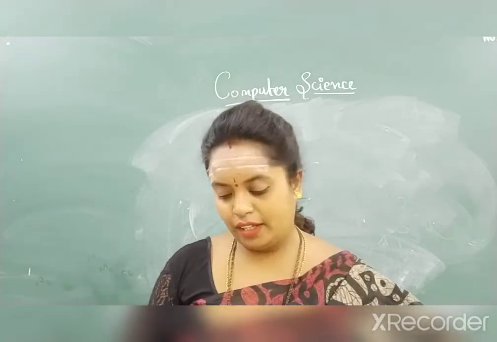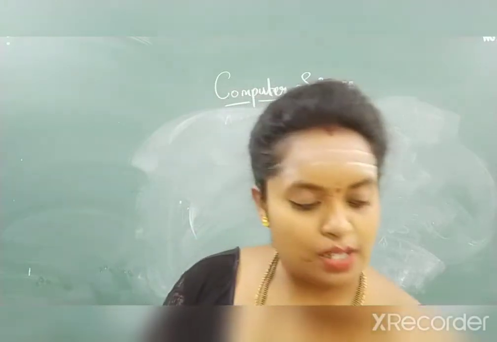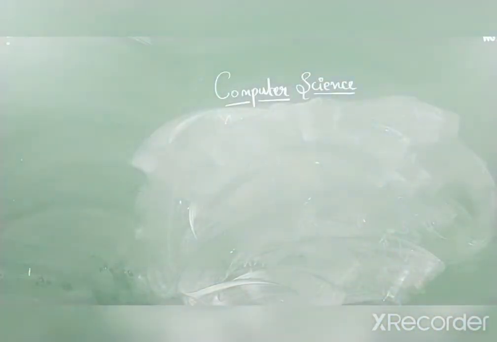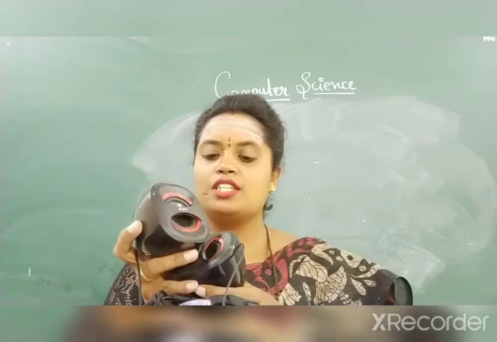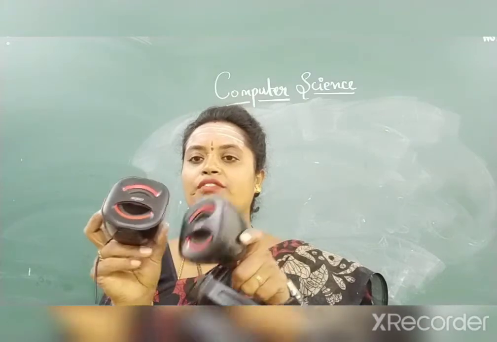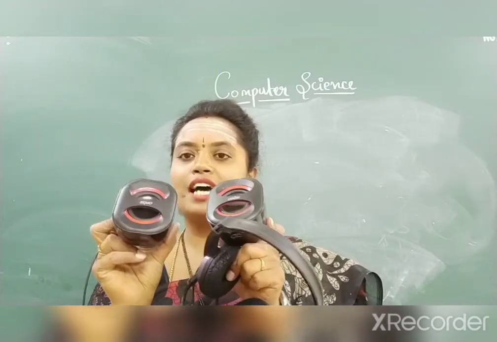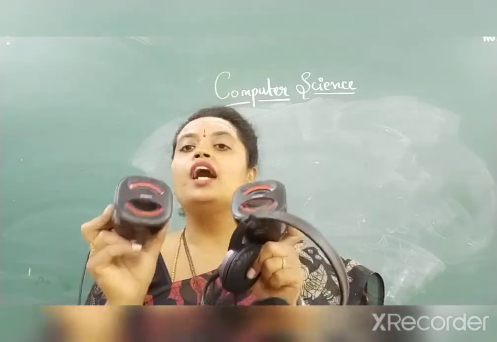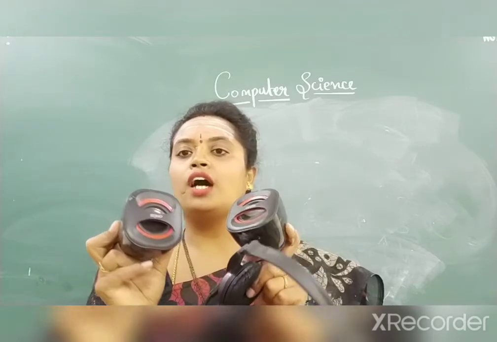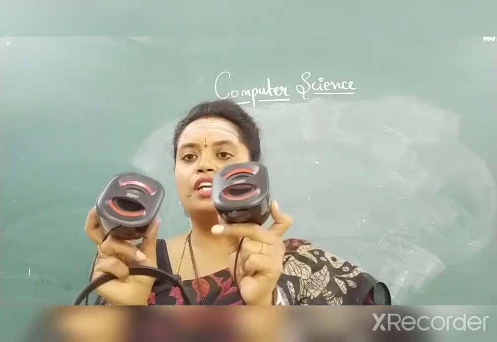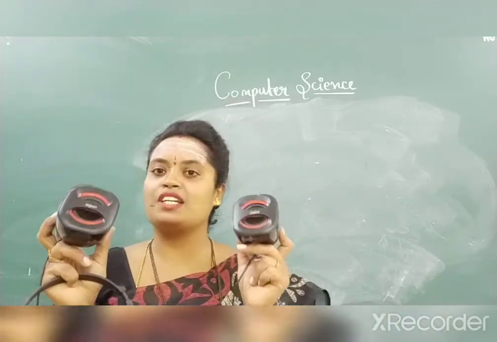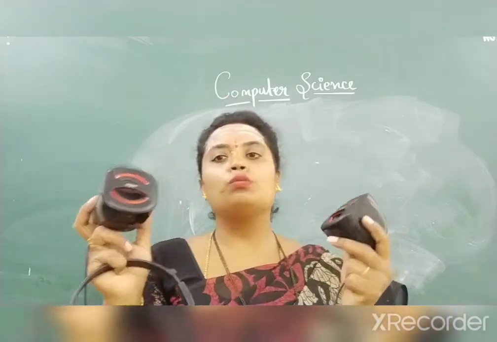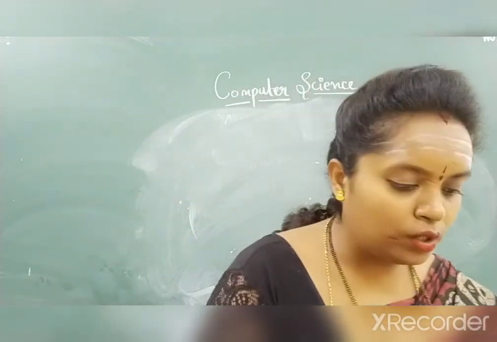That's the printer. The next one is speakers. I've got speakers, I can show you the speakers. So these are the speakers. Children, you will be having different ones. This is also an output device. Can everyone see the speakers? Yes, these are the speakers. You can listen to audio or music and all those things.